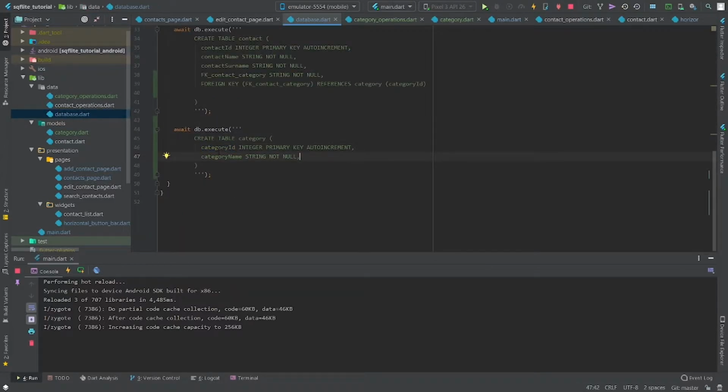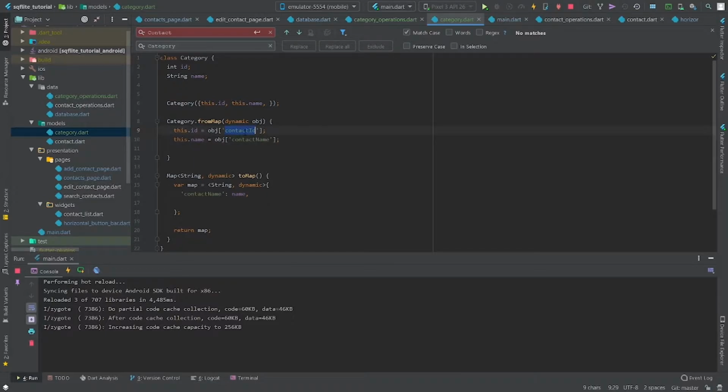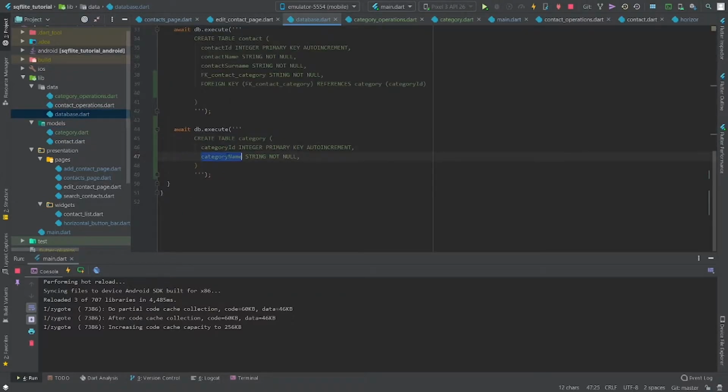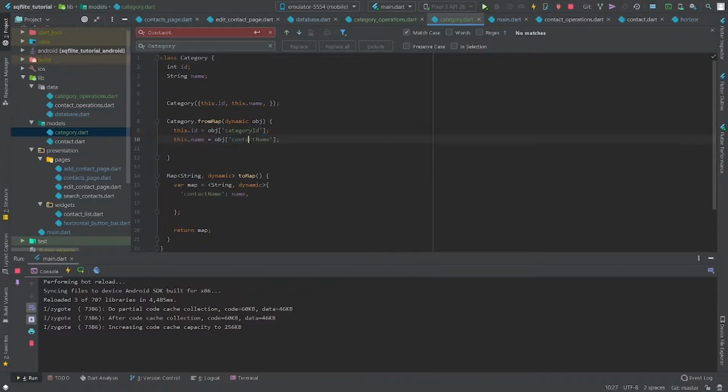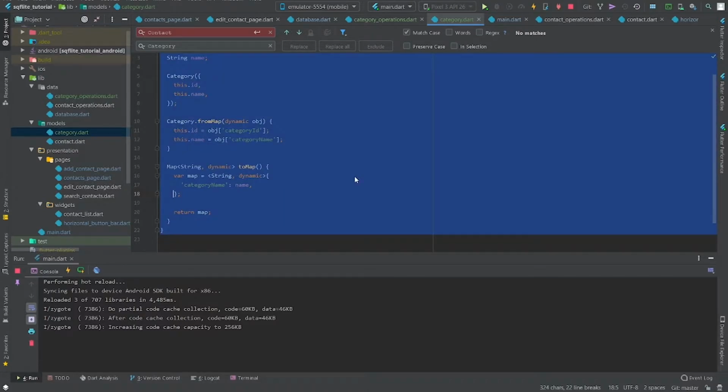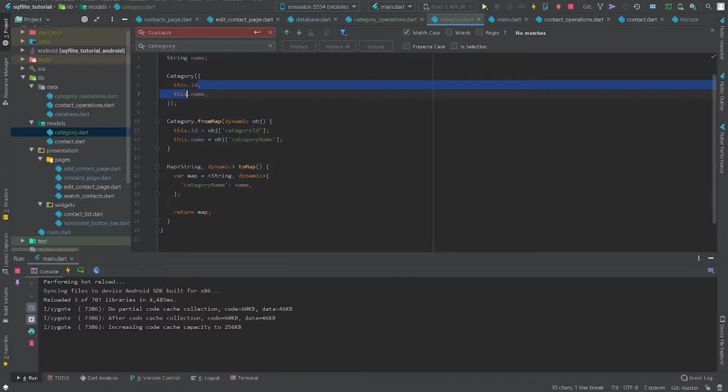So it's our category ID, this is our ID column, so we have to change it. Instead of contact ID we have category ID, and instead of contact name we have our category name. So category name and category name. So yeah, that's it. We have our category with ID and name and fromMap and toMap method, and that's basically